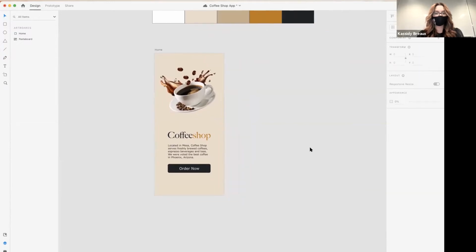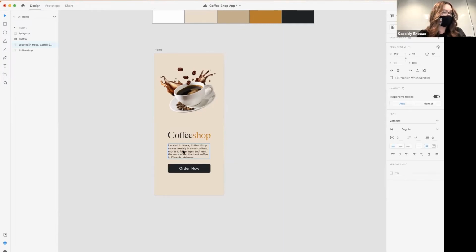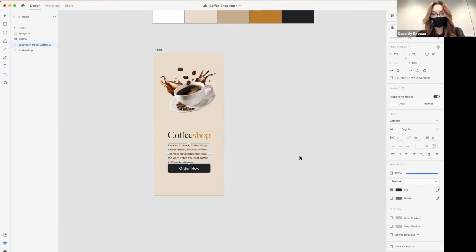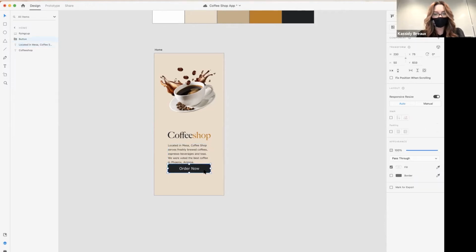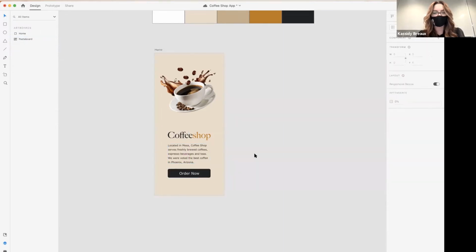All right, so it looks like our splash screen is almost done. This text looks a little bit tight. I want to change the line height a little bit actually. So I'm just gonna click on that. And I think I had it like 24. So over here on the right-hand side, it's 17 by default for me. I can click 24 and it changes the line height. So it's a little bit more legible. Now I can move my button down. We're getting a little nitpicky here, but